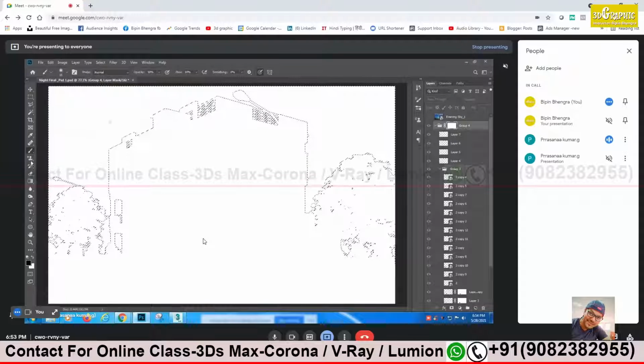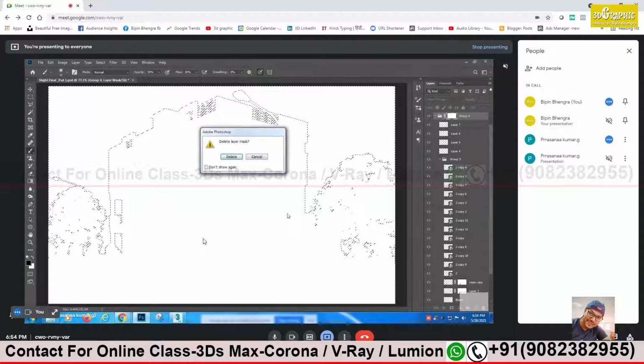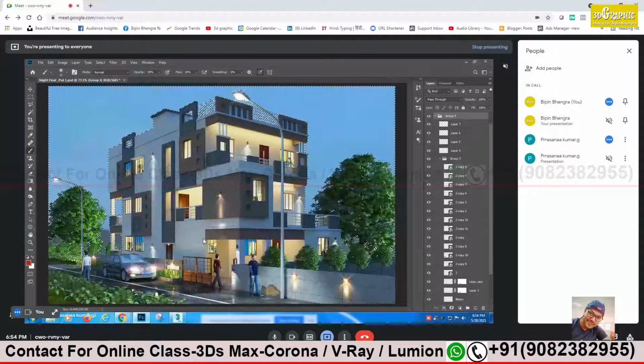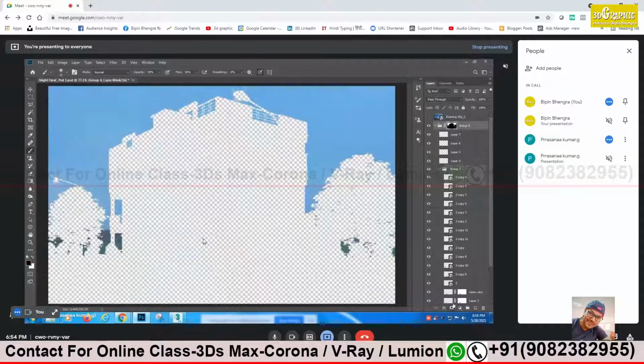I think we have to brush it, I think. Okay, hold on a second. Wait, I'll tell you what you have to do. Now, delete that mask. The white group 4 mask you have, delete that. Click and drag toward the bottom, drop it on the recycle bin. Now click on the mask option at the bottom. Click once. No, Control Z.